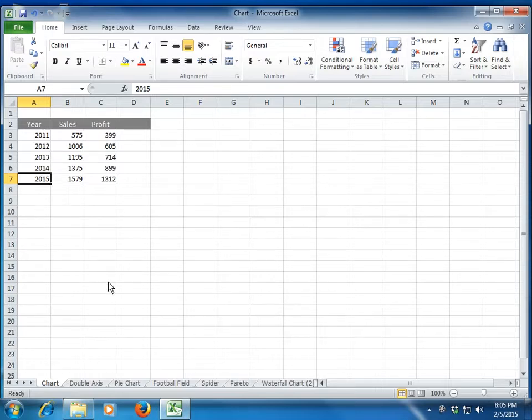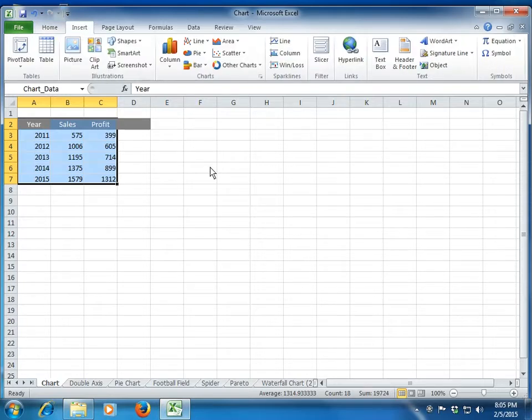So let's start the class with creating a basic chart and formatting the same, understand what the different formatting features available are, and then we will carry on with the rest of the charts. Okay, so this is my data, just a sample data which I have created. And if I want to create a chart, let's say I select the data, I click on the insert button, and within the insert button you see that we have various kinds of options for the charts, various kinds of chart options are available to us.